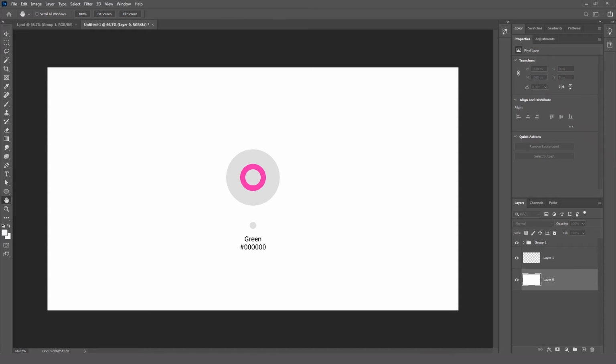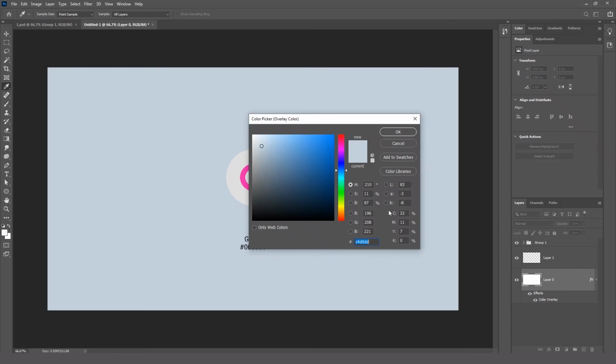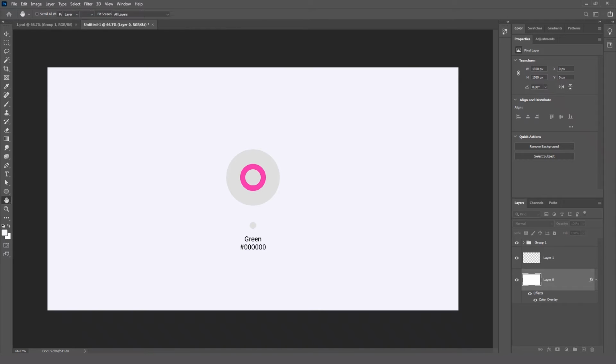Just copying this, I pasted it over here and just increased the grayness a little bit. So now I'm going to name this PG, and lock this layer. Why I'm going to lock this layer is because we can easily select this.